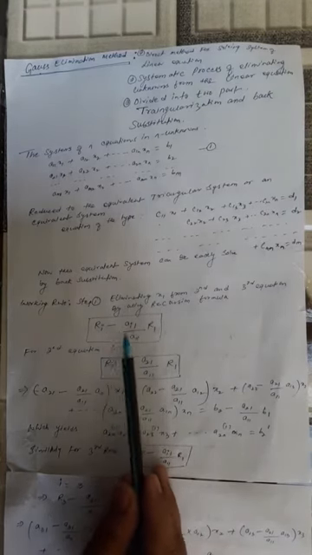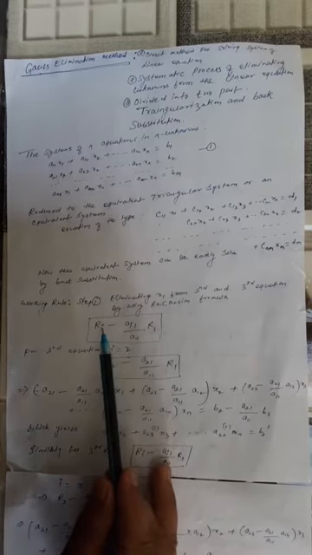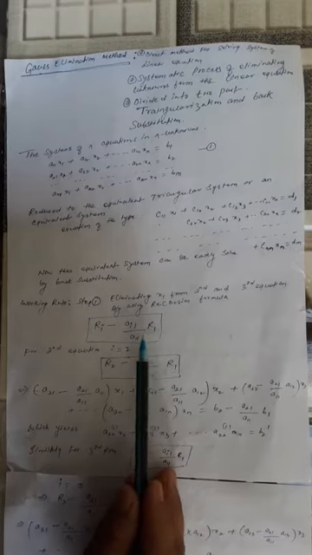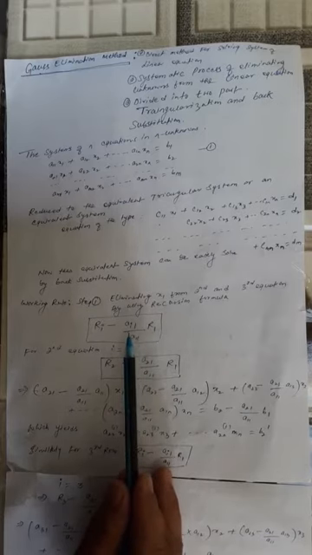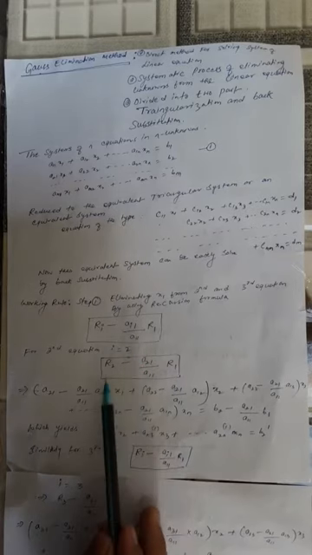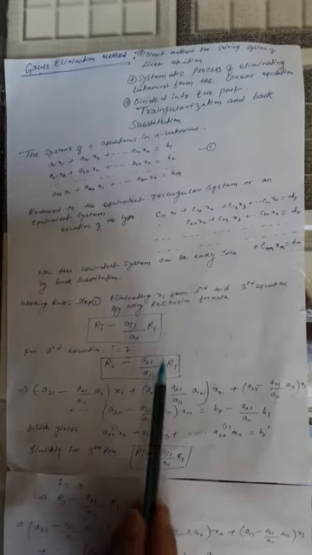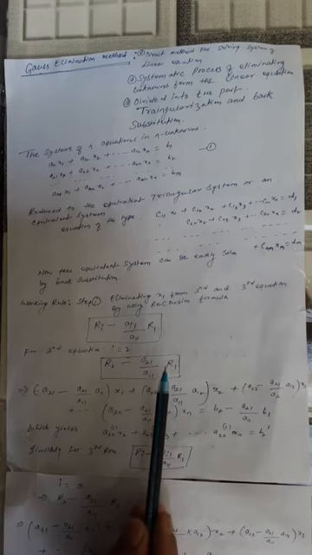The formula is Ri minus (Ai1 divided by A11) R1. R indicates a row, and i is equal to 2 for the second row. R1 is the first row, and A11 is the first element of the coefficient matrix A. So this formula will be R2 minus (A21 divided by A11) R1. This is for eliminating x1 from the second row.